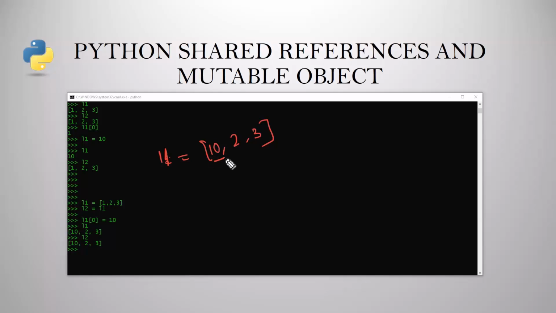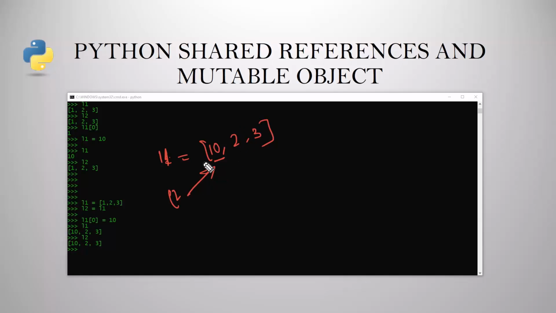This change overwrites part of the list object value in place. So L2 references the same object as L1.